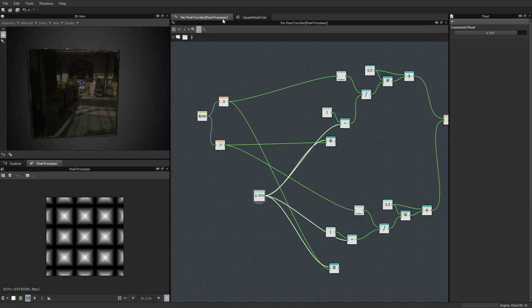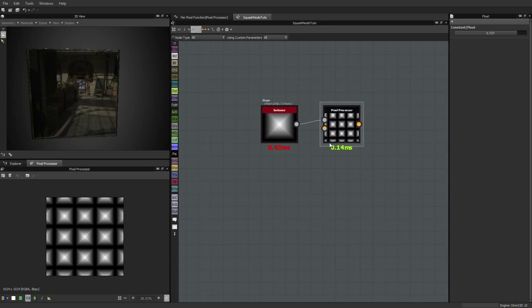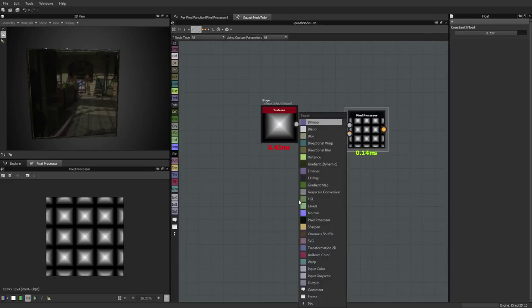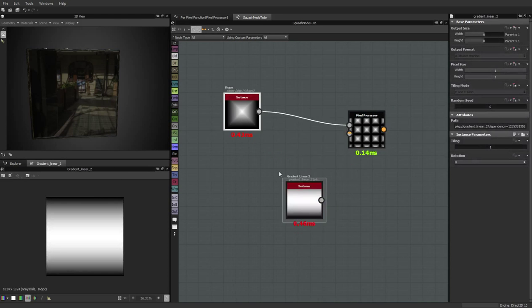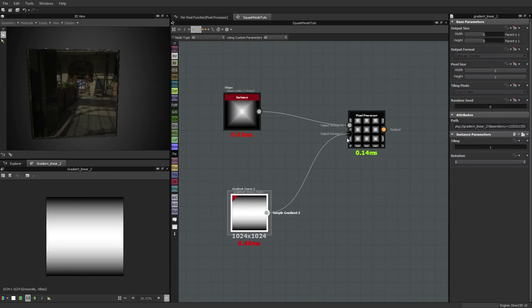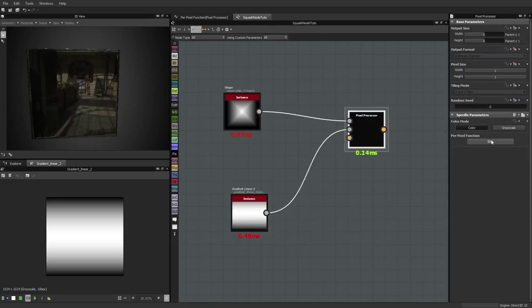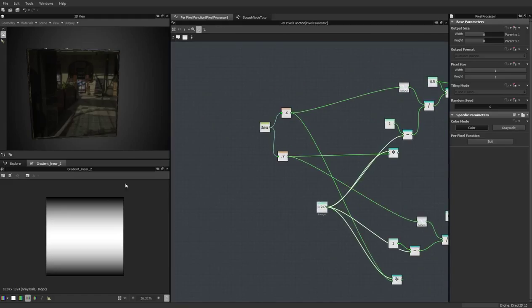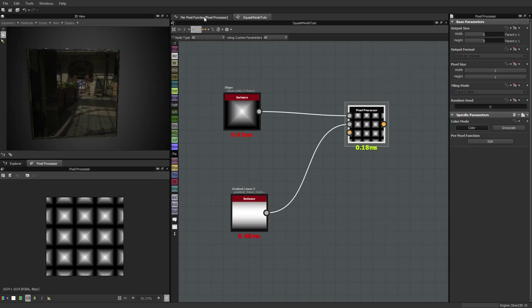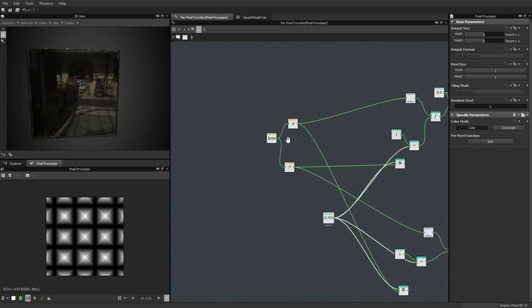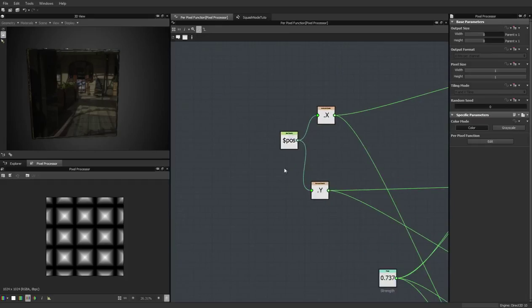But what we're going to do is to go back here and let's add a gradient map, like that. Let's take a gradient linear like that, and I'm going to plug it here. So we're going to use this gradient like that. This will be actually what will drive the strength of the squash node, and that's why I had an error before. So let's go back here, and what we are going to do is